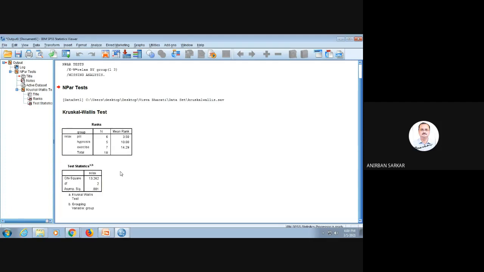Then you will be in a position to say that exercise is the most fruitful technique for relaxation. It is better than the other two techniques. So I think the interpretation is clear. If you have any doubt, you may ask me.